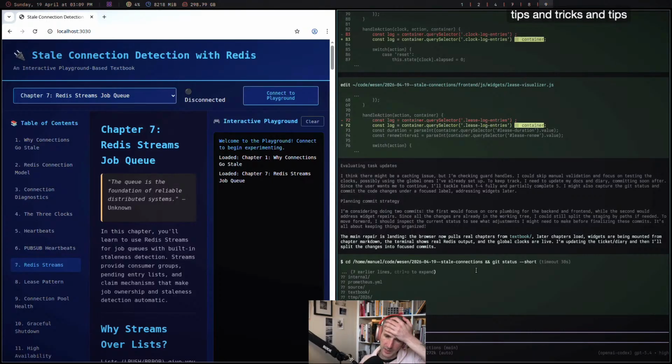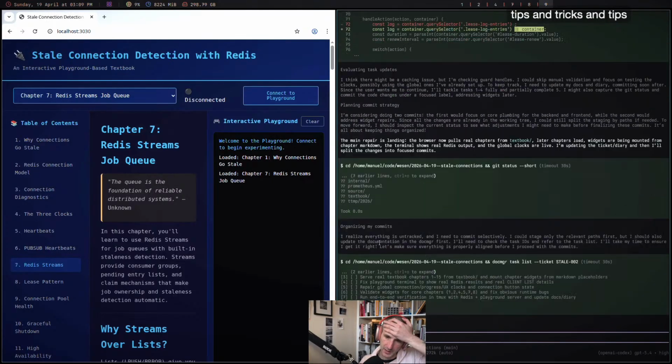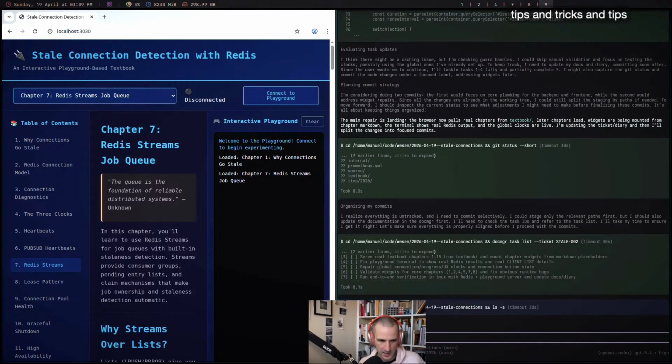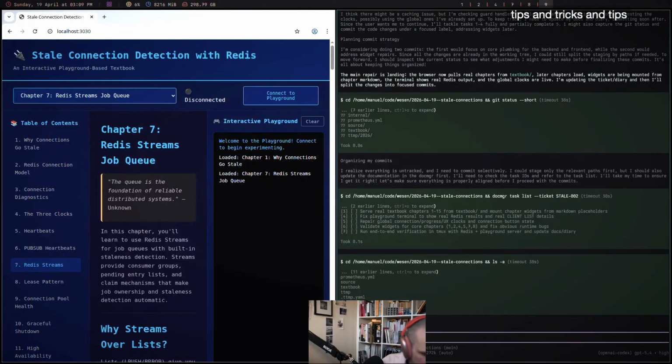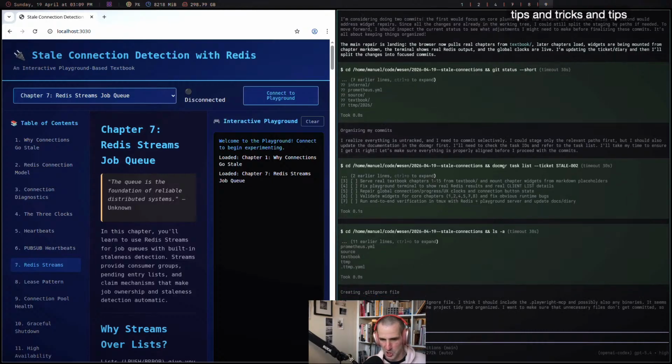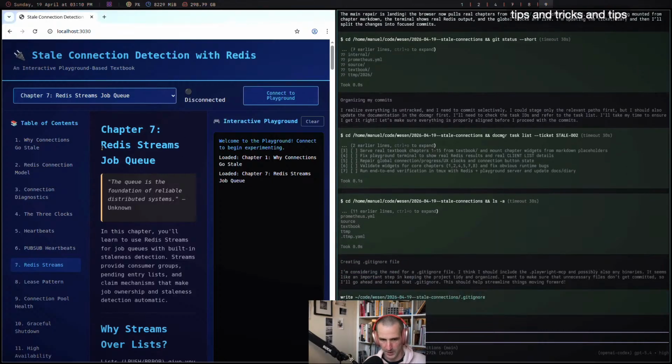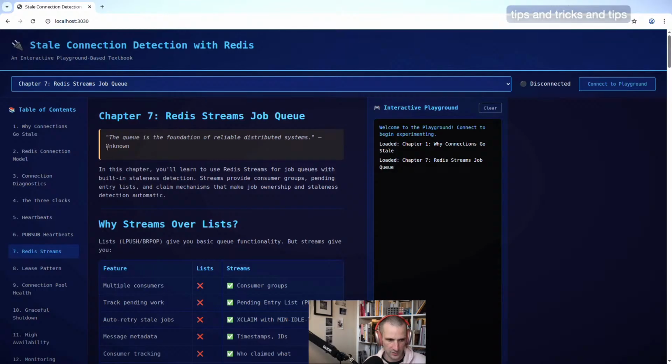I'm wrapping up my stream. I was building a web chat framework, and as I was building it, I knew that my fundamentals on stale connections and stale event-driven stuff are a little bit shaky. So I decided to start building little interactive playbooks.